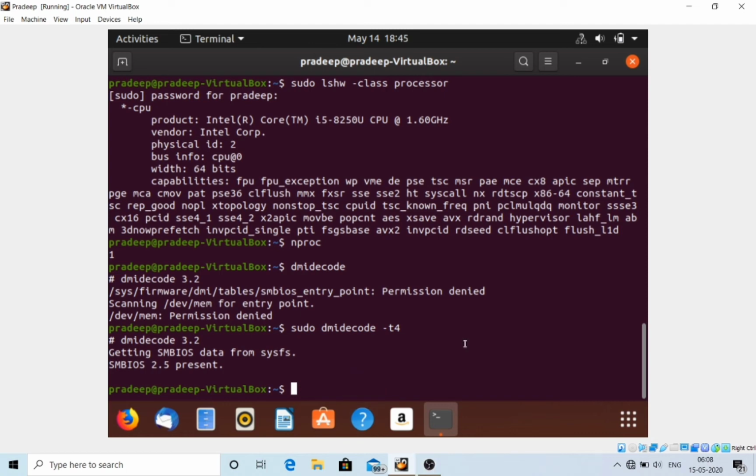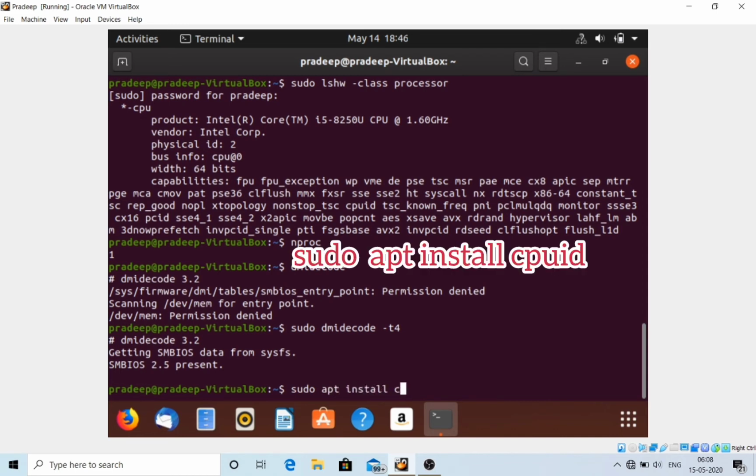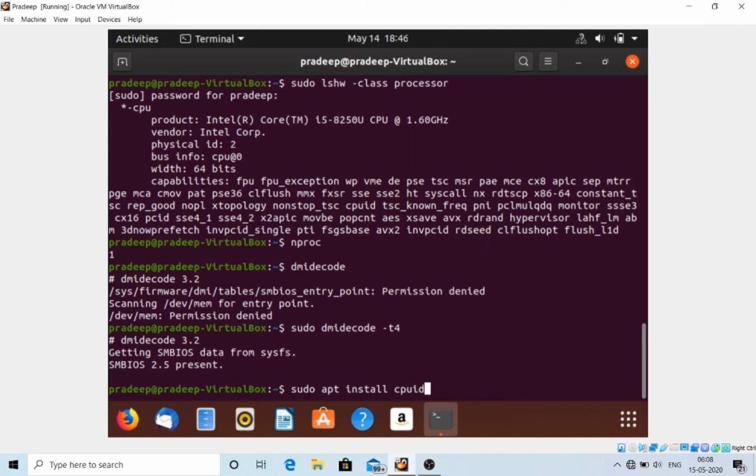The seventh command is cpuid, and before using this command you have to install the package of cpuid, so you have to type sudo apt install cpuid, and from this you can install this package, and after that you will use the cpuid command.